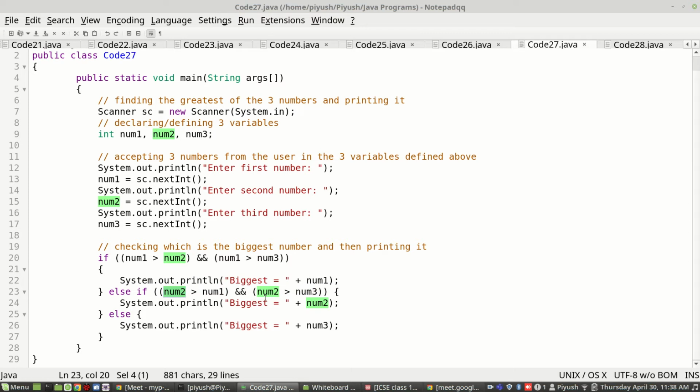If this is true, it will print num2 is biggest. If it reaches the else part, that means neither this one nor this one was true. Then only, following the waterfall concept from top to bottom, has it come here. So is it not obvious that num3 will be the biggest number? So it will print num3 in that case. Just take 25 seconds, analyze it, and let me know if it is clear to all.